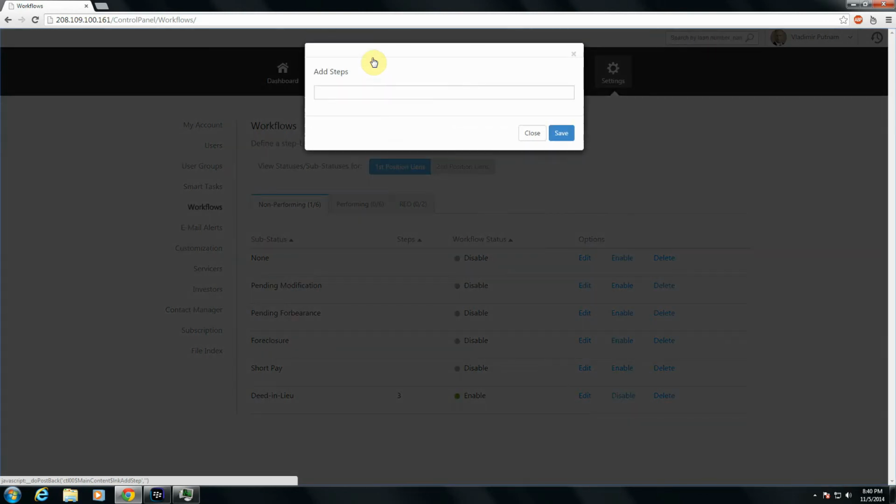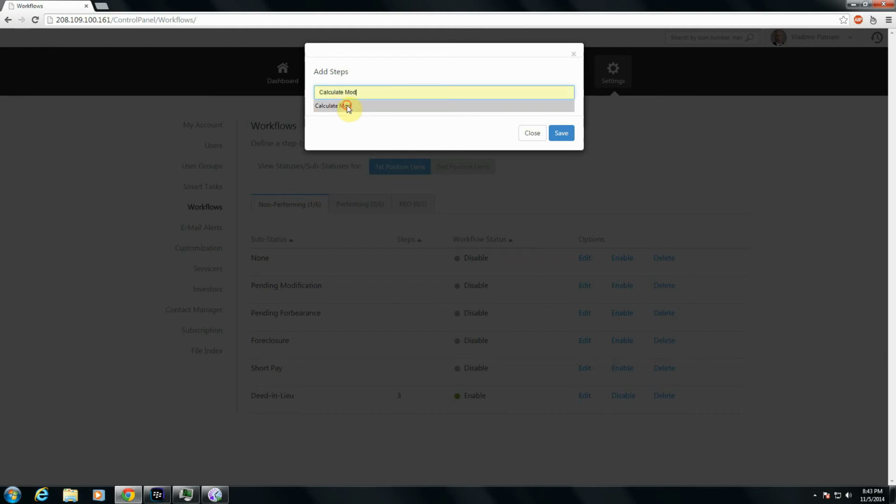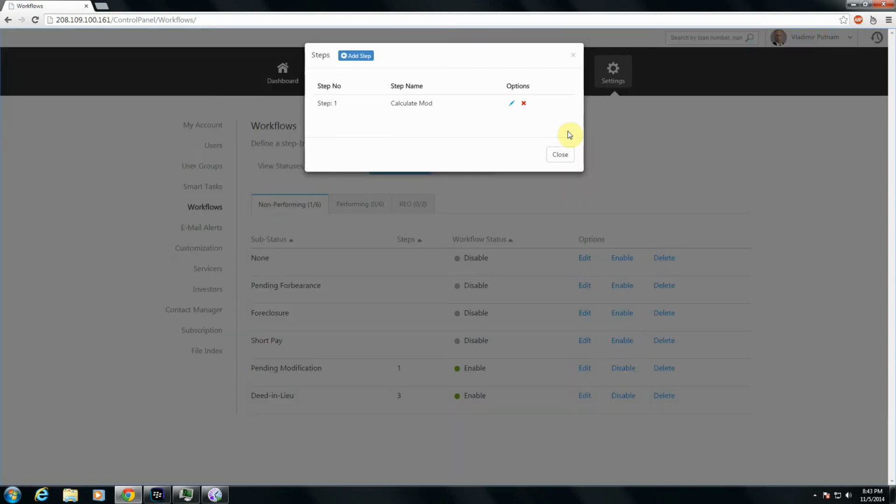So again, for example, with the pending modification, the first thing I might want to do is calculate the new terms of the modification I want to offer to a borrower. So for that first step, we'll say calculate mod. Okay, so in that step I basically mean, again, I'm crunching the numbers, putting together a modification proposal for my borrower to review, and then